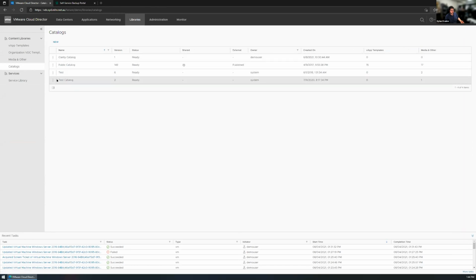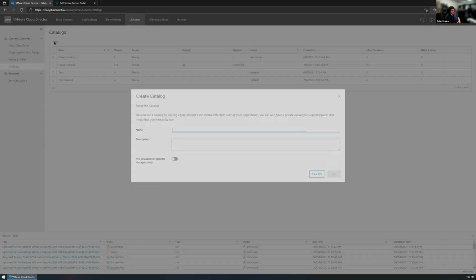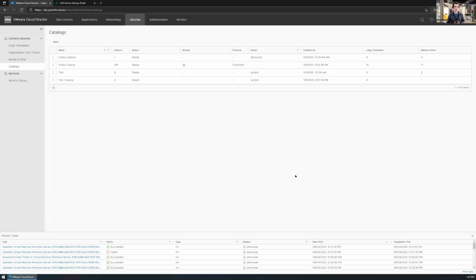You can see we've got a few test catalogs in here. You can go there and publish it, so you can make it publishable so you can access it externally. If you've already got your own catalog on site, you can also subscribe to your own catalog. Those of you that know VMware on-prem and things like that, it uses the same subscription process. It's more of a newer feature, I think, as of vCenter 6 or 5 maybe. So if you're familiar with that, it's quite handy actually.